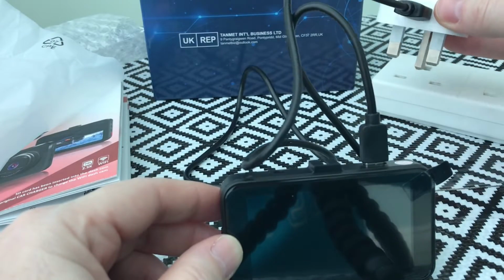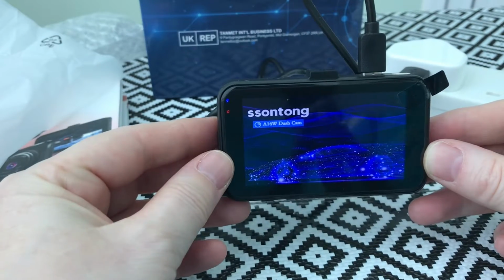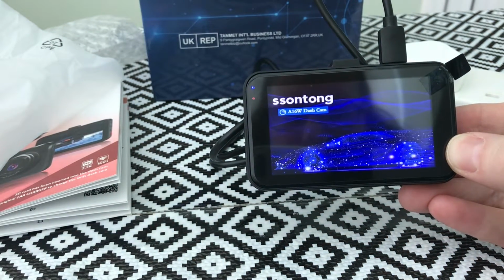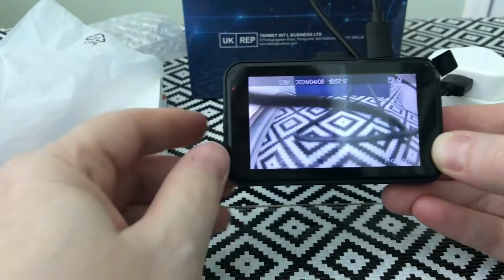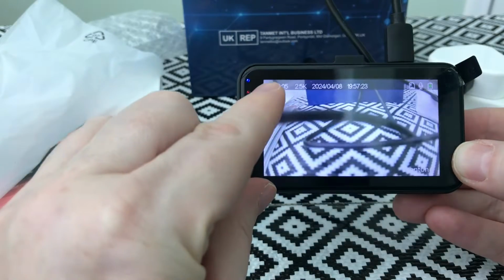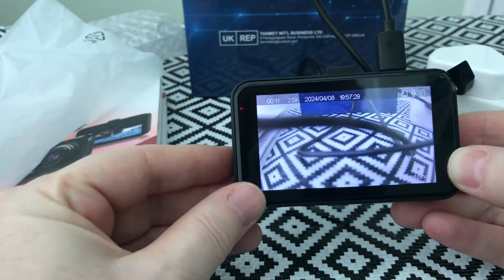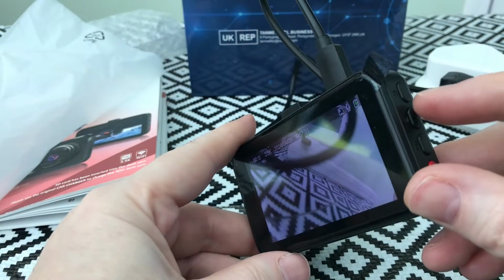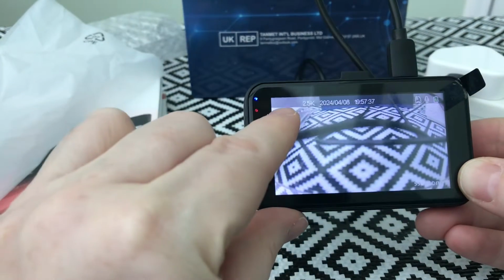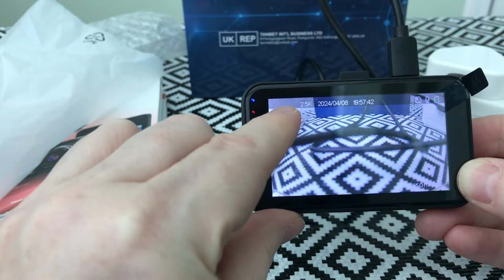So let's plug the camera in. And the screen automatically comes on once it's plugged in. Here there's a red light flashing, that means it's recording. So let's just turn that off while we set it up. So you press this top OK button here, and as you can see the red flashing dot has gone, so it has stopped recording, so we can set